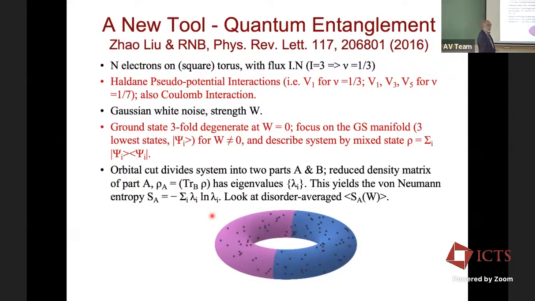But again, it's not just the ground state that we're looking at. We're looking at 3 states, and we have to average over those 3 states. They are calculated here. We don't have to do any boundary condition averaging or anything like this in this calculation. So the numerical effort in doing this is much less.